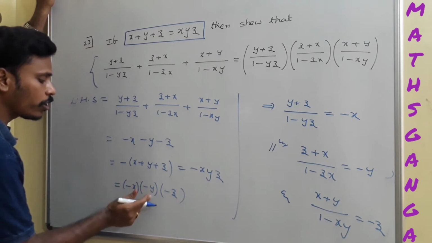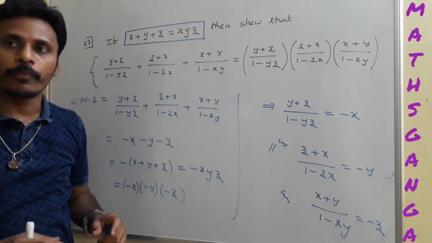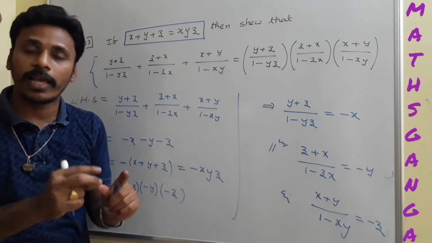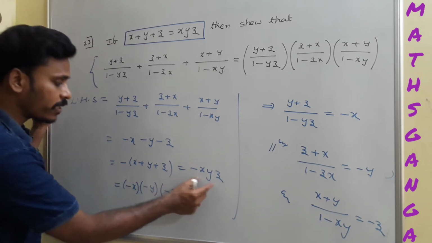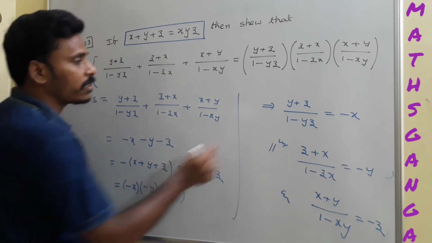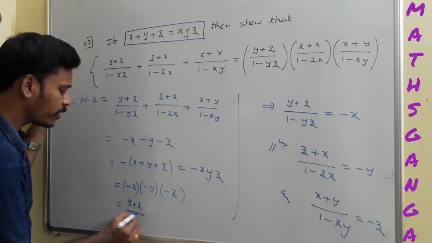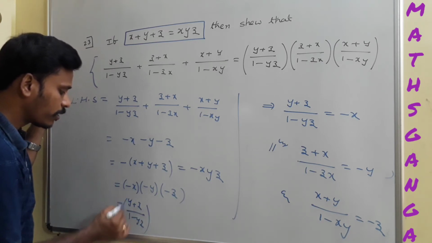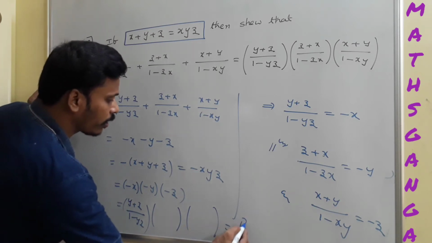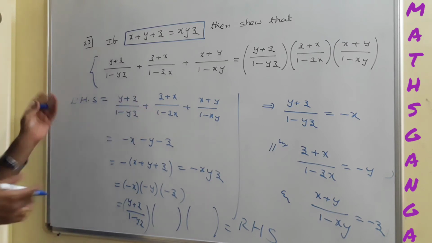See, just observe this, okay? Every step is somewhat different and looks like a miracle, okay? Every step is different. You have to identify and analyze each and every step, okay? See, this minus xyz is nothing but minus x, minus y, minus z. And that minus x is nothing but again this expression, so you just write there y plus z by 1 minus yz. Similarly, I will write for y, I will write for z, and this is nothing but the right hand side. Is it clear? Just have a look how I did.